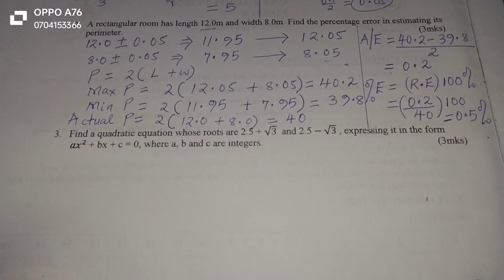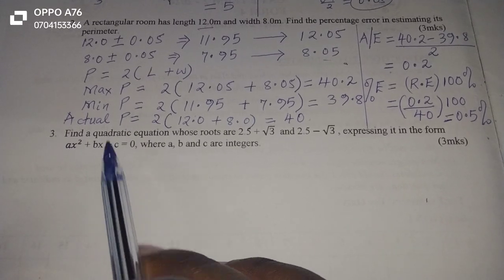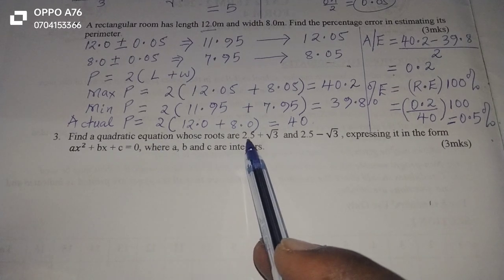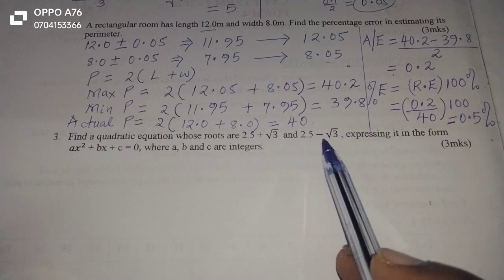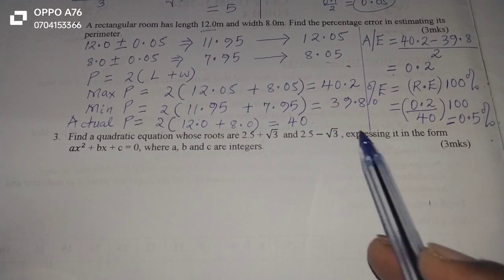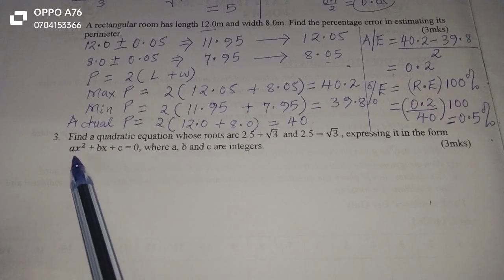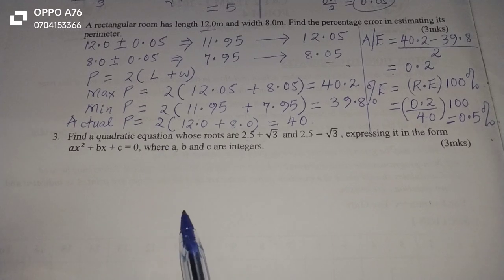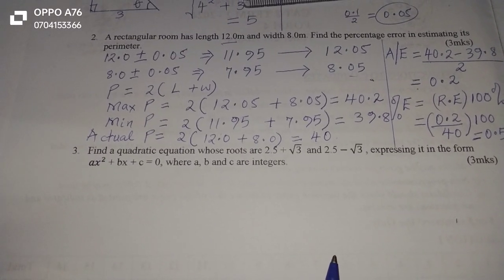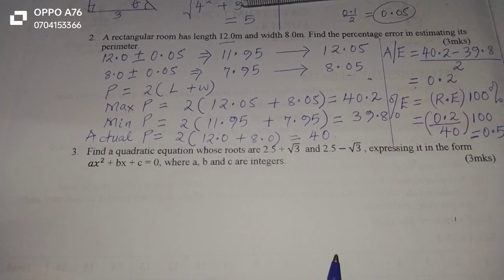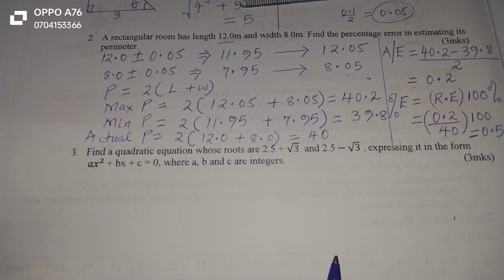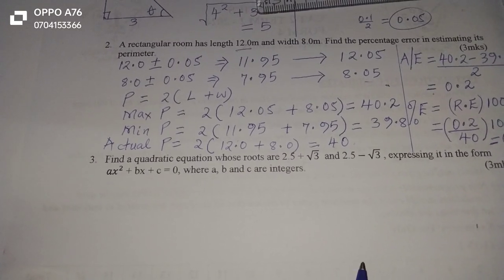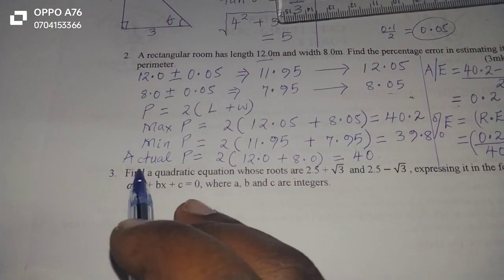We can look at question number 3, whereby we are told to find a quadratic equation whose roots are 2.5 plus the root of 3 and 2.5 minus the root of 3, expressing it in the form ax squared plus bx plus c equals 0, where a, b, and c are integers. It's good to know that when the roots of an equation have been provided, for us to get the equation, which is quadratic in nature, then we use the factorization method in the reverse way,